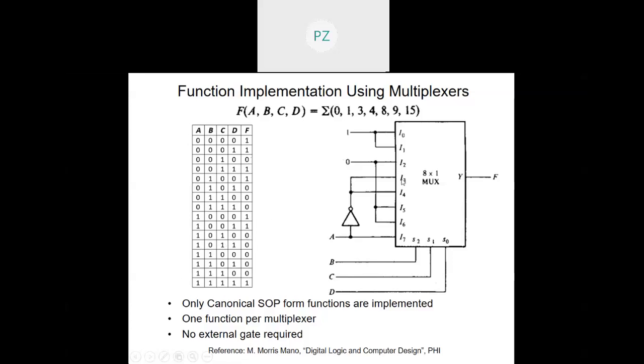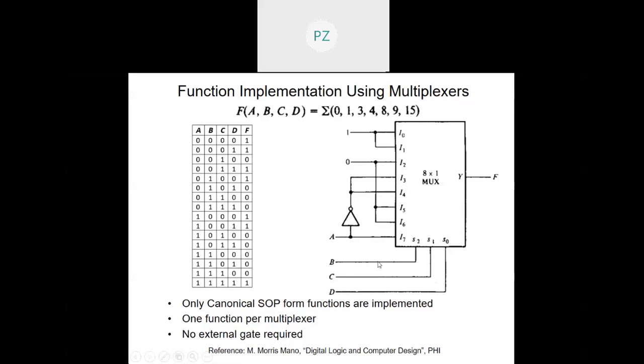Now let us come to I3. I3 means 0 1 1. Then I3 will be directed corresponding to 0 1 1. If you see, this is 0 1 1 and this is 0 1 1 for BCD, right? So this is, you see, for A being 0 it is 1, and for A being 1 it is 0. So that means this is receiving the complement of A. So I have given the inverted A as I3.